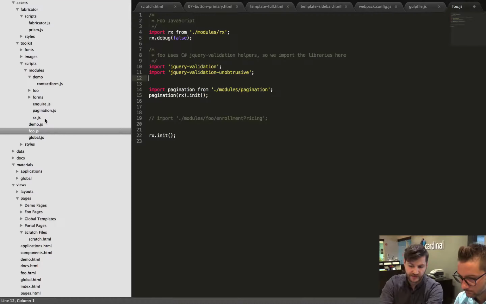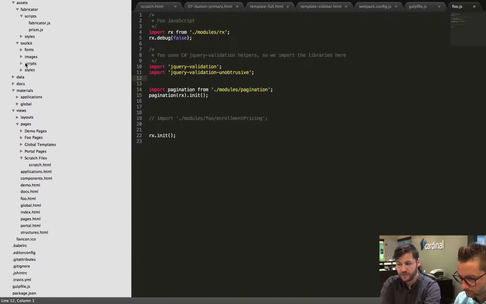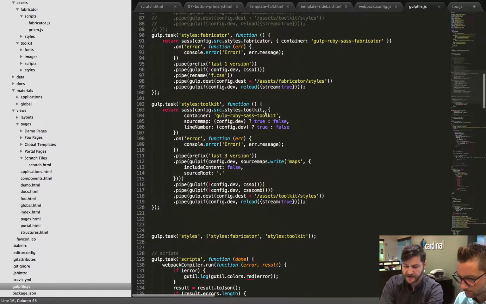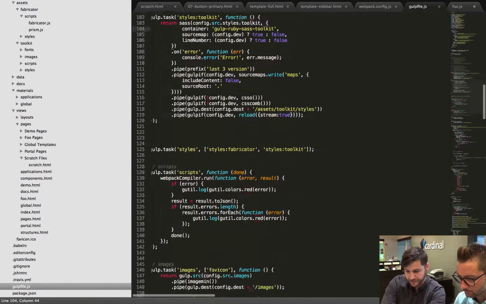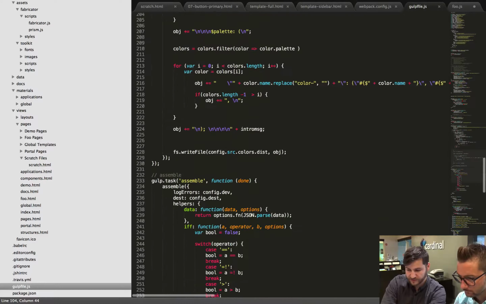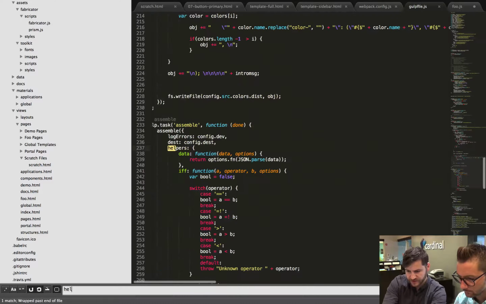Other cool things about using Fabricator as the base for our project is that we've been able to extend it pretty significantly in how we're rendering our templates using Handlebars. Fabricator lets us pass in a helpers section where we can generate our own Handlebars helpers. Let's see where that could be. There it is. And in here we can do stuff like this custom helper for data, which we use to